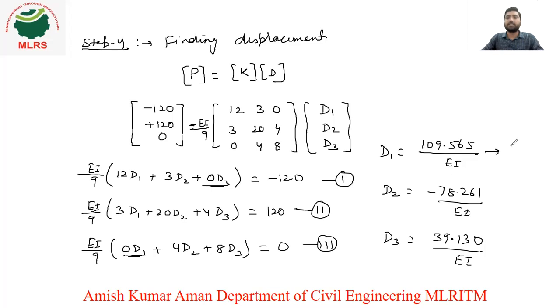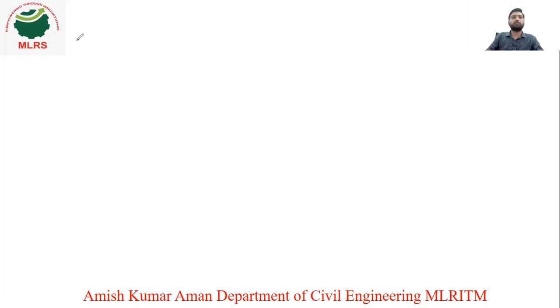See here, we have named 1, 2, 3. This is your theta B, because at point B we have given coordinate 1. This is your theta C, because at point C we have given the second coordinate, and this is your theta E, because at point E we have given the third coordinate, right? So we have calculated theta B, theta C, theta E, or we can say D1, D2, D3. By using these 3 values, we will calculate the final moments. Now the next step, that is your final step, step number 5.